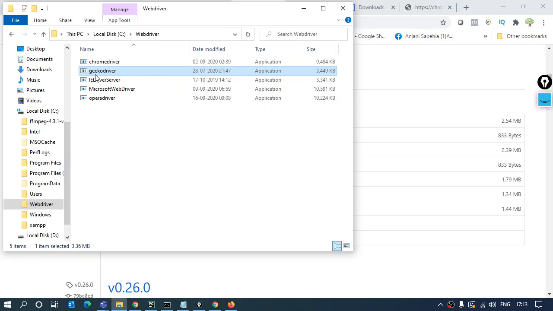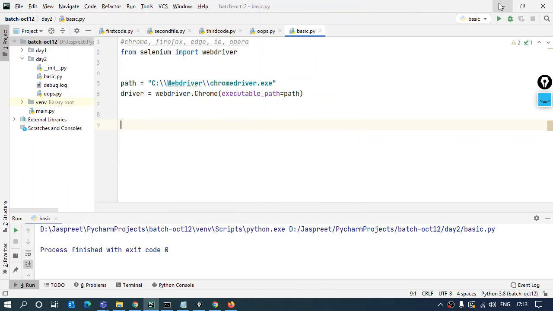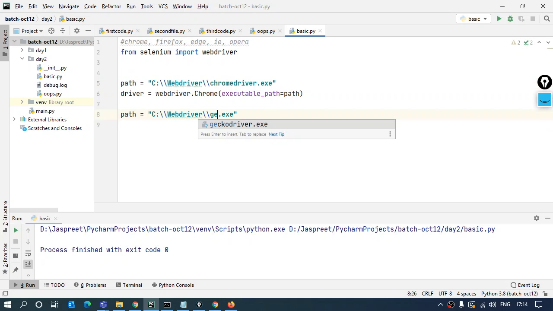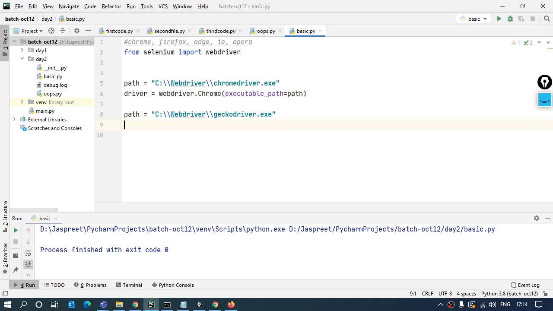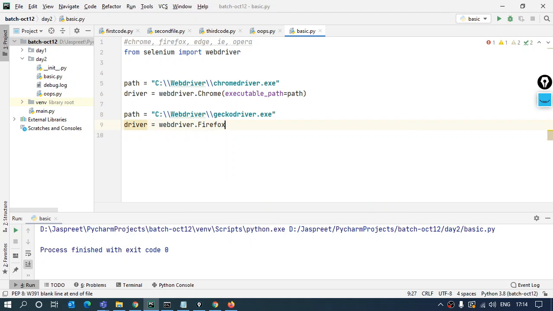And the same thing I need to do in my command over here. I have to give the path. I'll take this path, just the name of the driver will change to Gecko driver, and then I have to give the command to fire the browser. So I'll say driver equals WebDriver.Firefox.